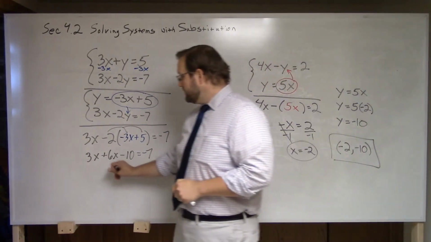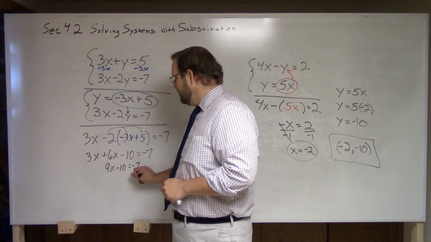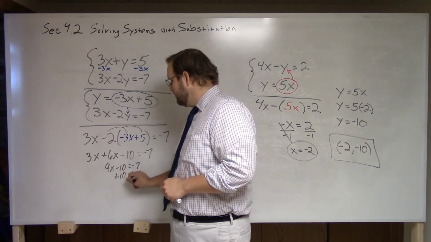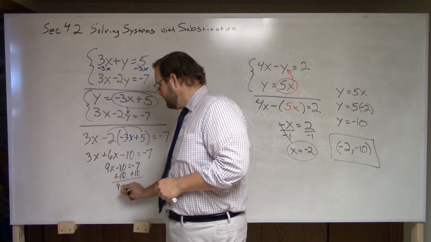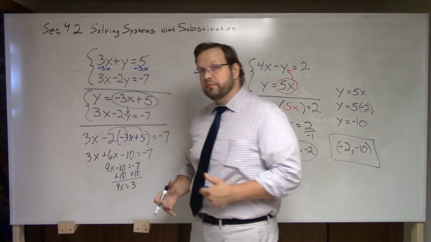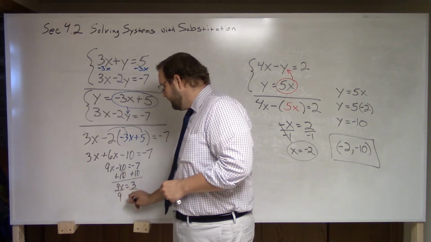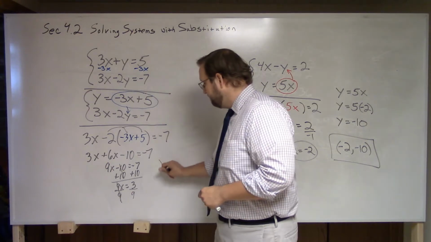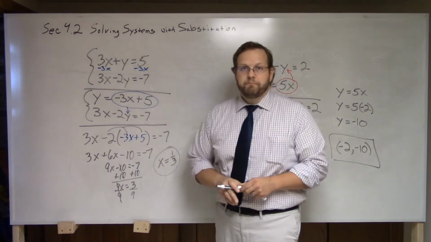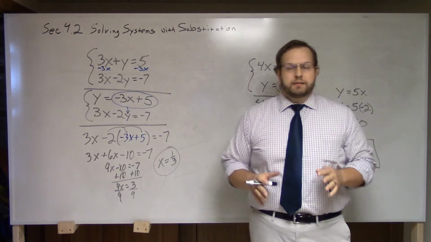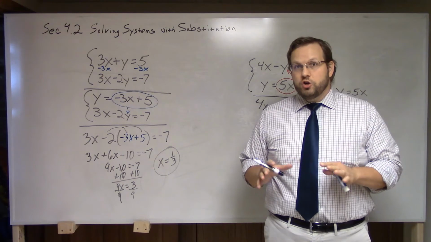Combine like terms, add the 10, negative 7 plus 10 is 3, and then divide by 9. X is 1/3. Now, something I want you to realize, we're using substitution here, but all of these could be graphed,